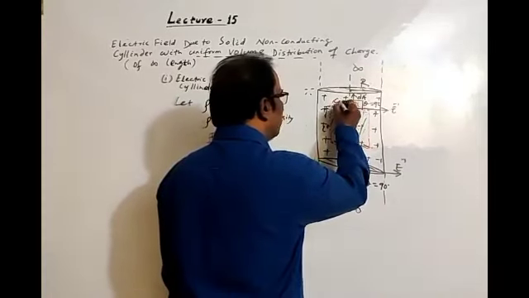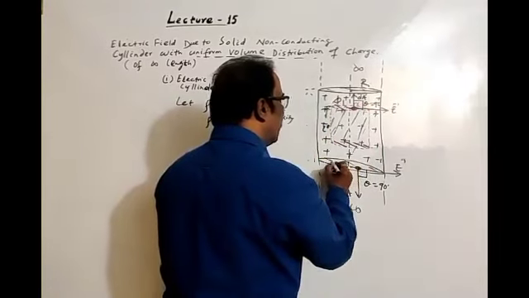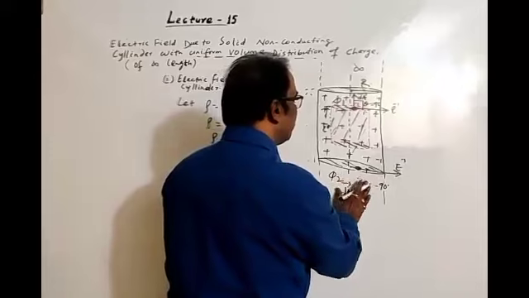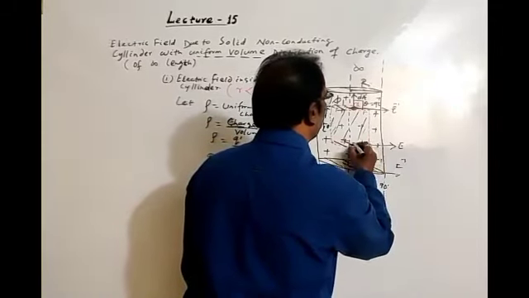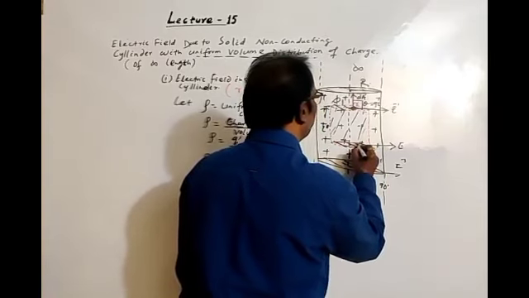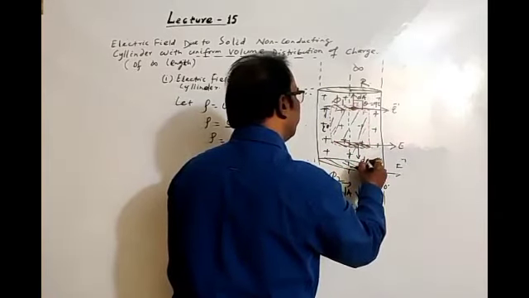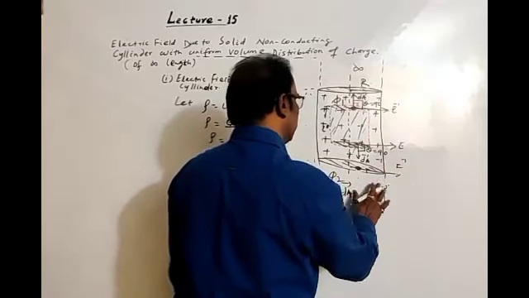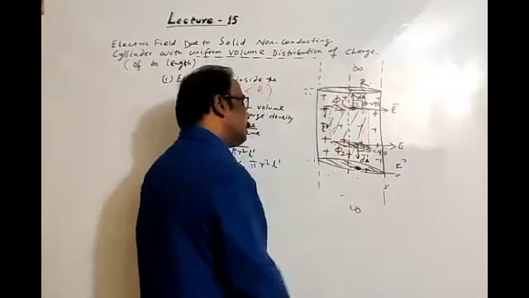Let the flux for this cross-sectional area be phi 1, and for this cross-sectional area phi 2. Sorry, this is not the surface, very sorry. This is the electric field parallel to the surface, and this is the direction of the elemental area vector. This is dA. Again here theta is 90 degrees. This is not true. This is. So for this surface, let the flux be phi 2.